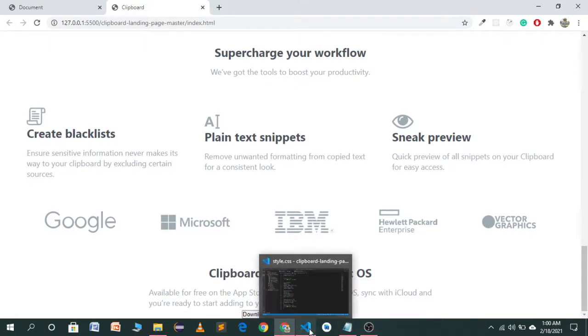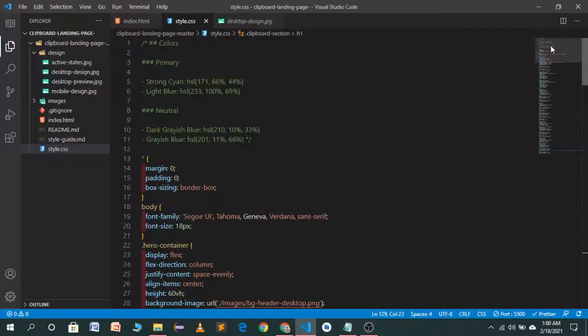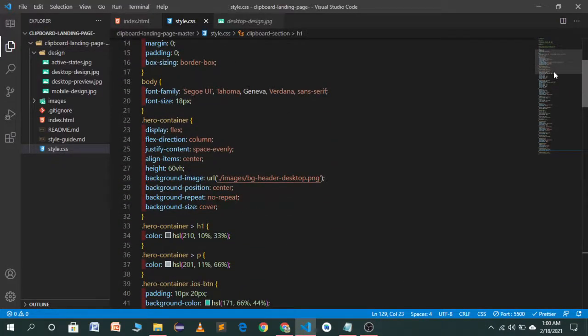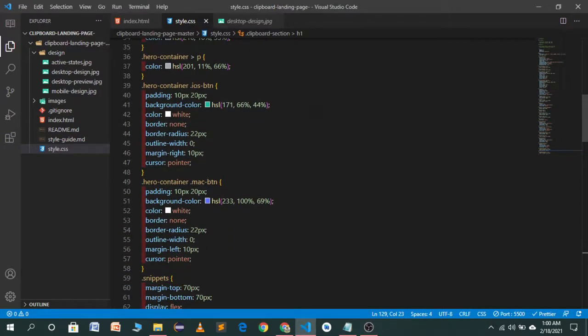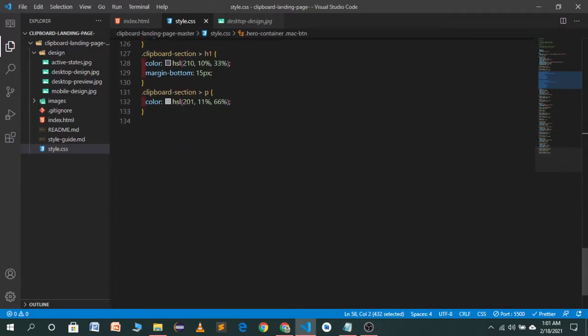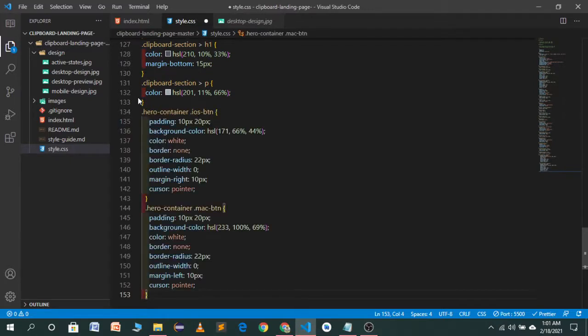We just have to style our buttons. So go to the upper part, where here we have styled our iOS button. So copy this style. Let's copy the complete section, this button section, and instead of hero container we will call it clipboard section.